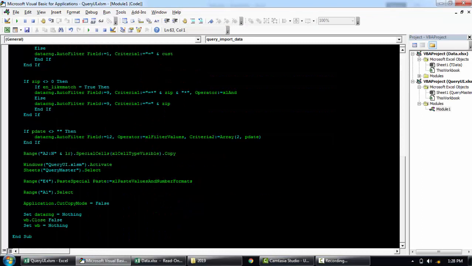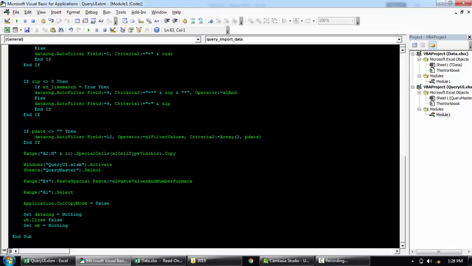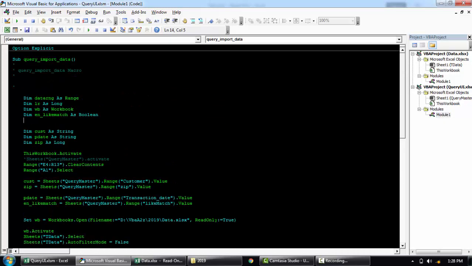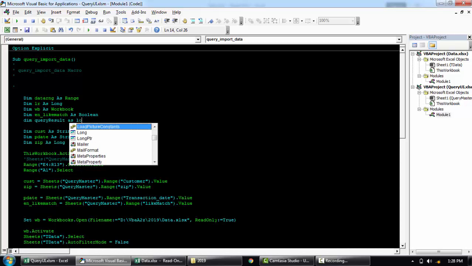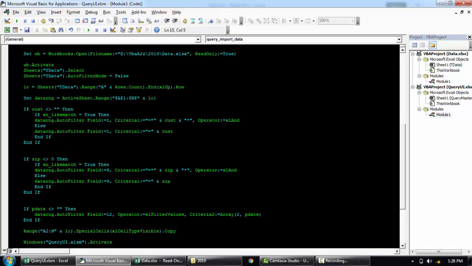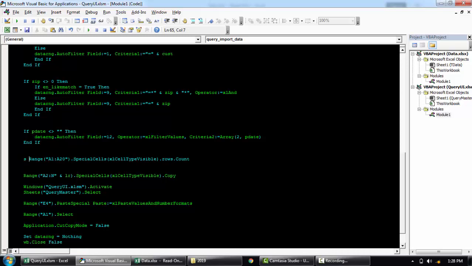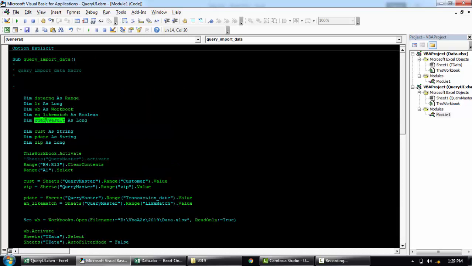Coming back here, though we already have that code sample, coming back to our code, let's call this new variable dim query result as long, and this one is going to be... So after you apply all the filter, just before you copy here, just put this as your new